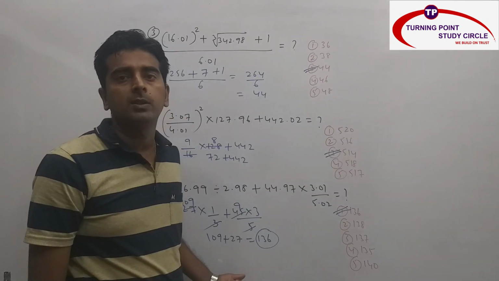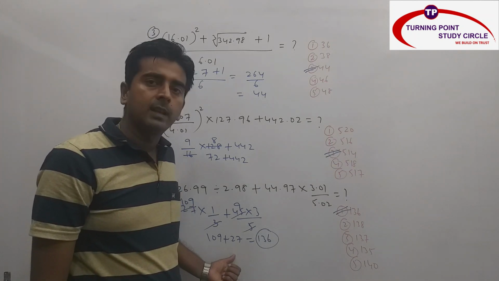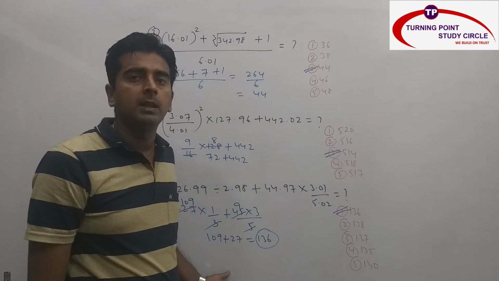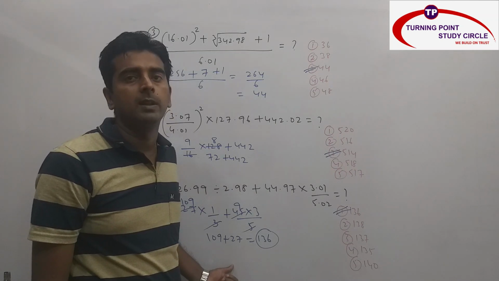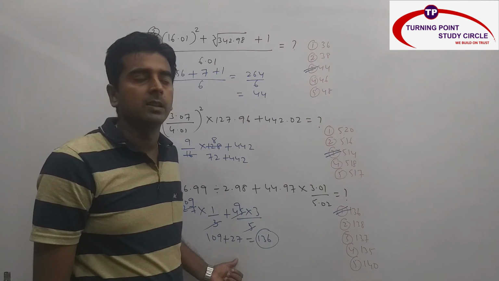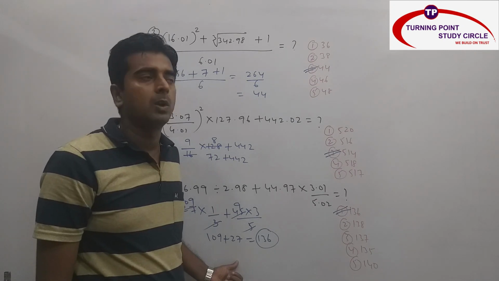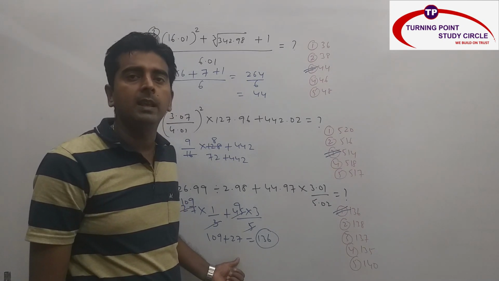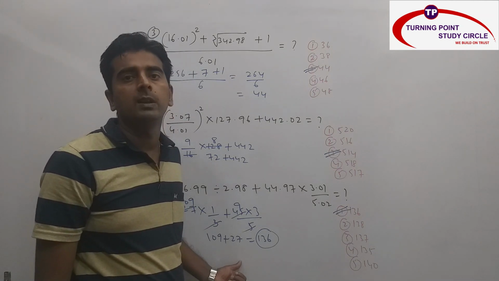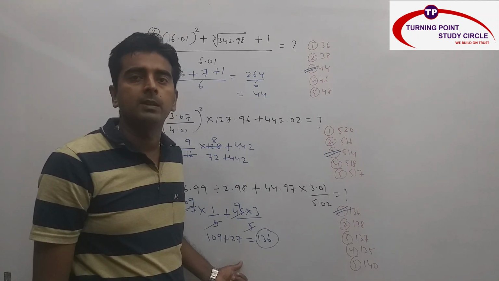We have seen some of the questions of quality equation, and also we have seen some of the questions of approximation. So when it comes to SBI clerical prelims level examination, you will be having 35 questions. Out of 35 questions, 20 questions will be from Speed Max only. So Speed Max is fully based upon speed and your calculative skills. So calculation is very important, and you have to solve those questions very quickly, because along with that you will be having questions from arithmetic and DI. So in my next videos I will tell you what type of questions there are and how you need to prepare for your SBI Clerical 2021 Prelims Level Examination. Thank you.